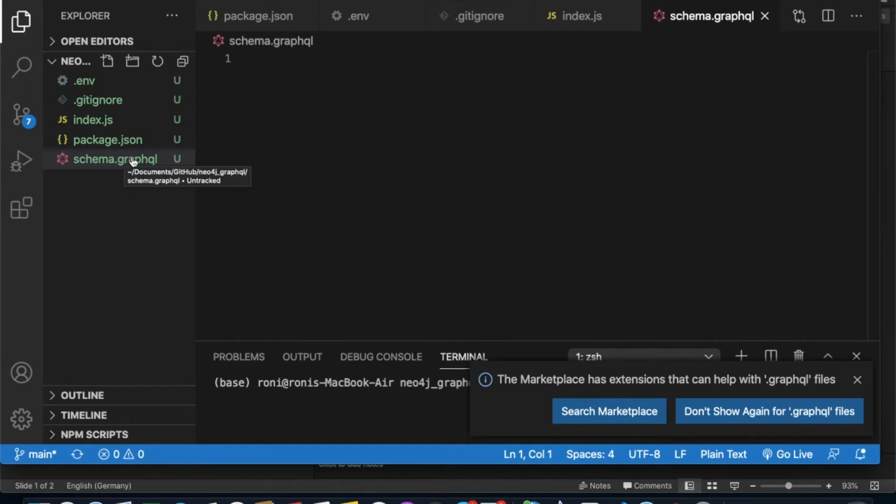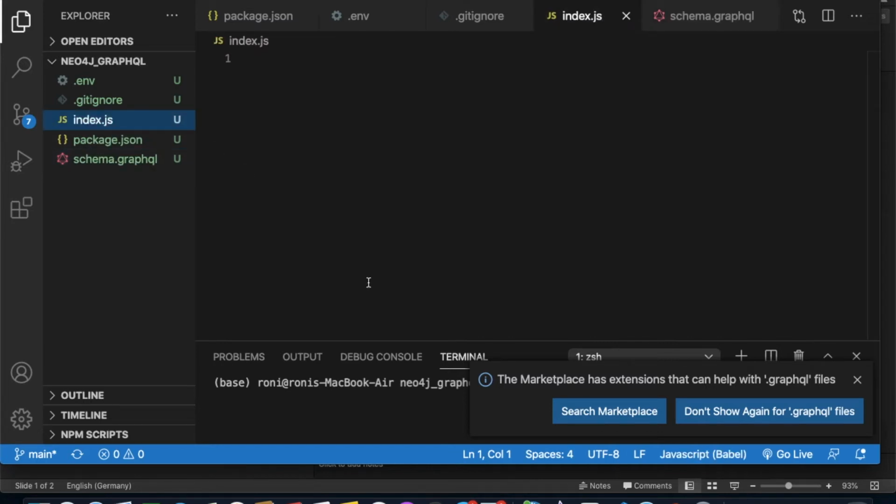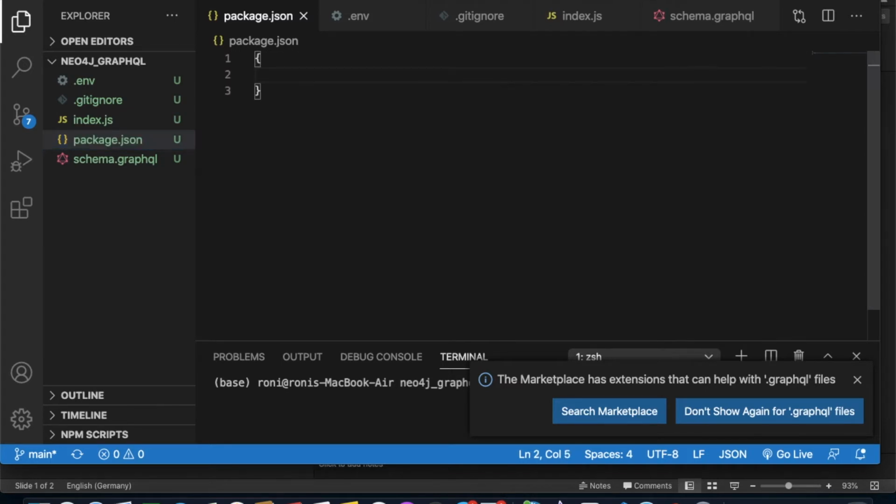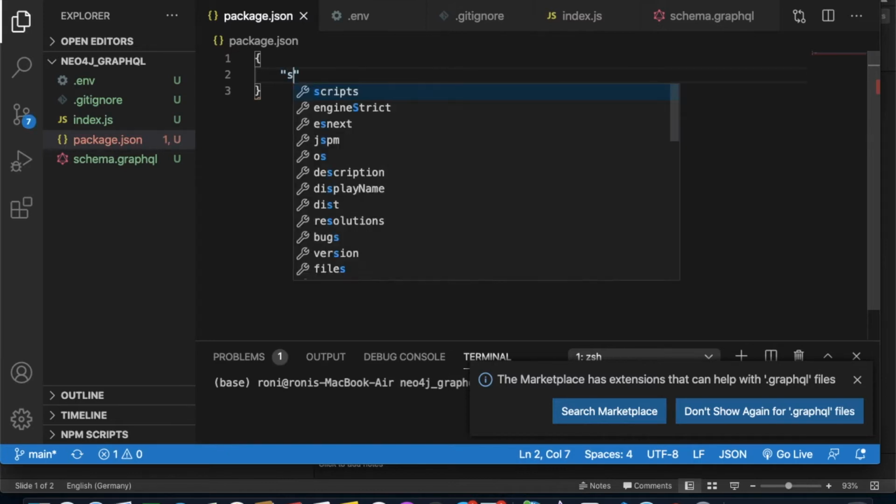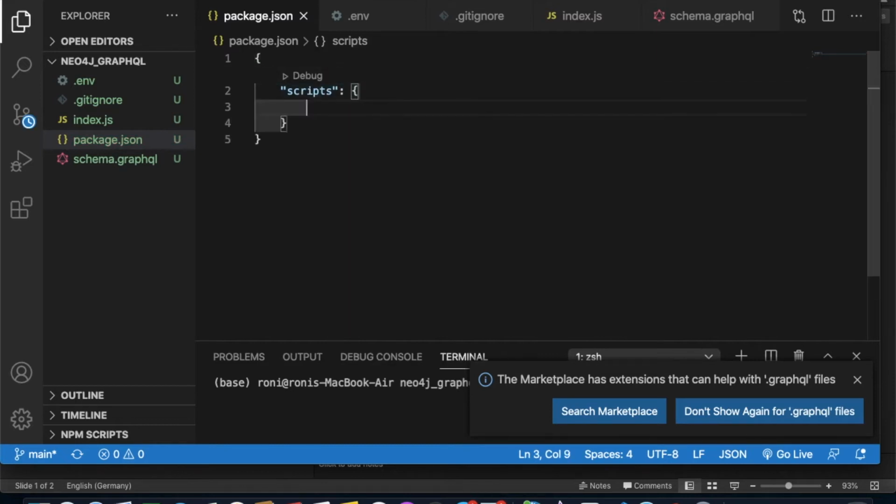I'll write down all my schemas over here, and the remaining part will be written in index.js. What the schema is going to hold, we'll see in a later section after a couple of minutes. But before that, let me start writing the code for package.json. Package.json holds the dependencies you are going to use in your code. So scripts, and you write like this. Let me hit start, and it should be node